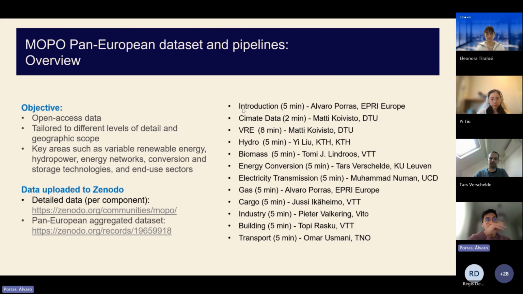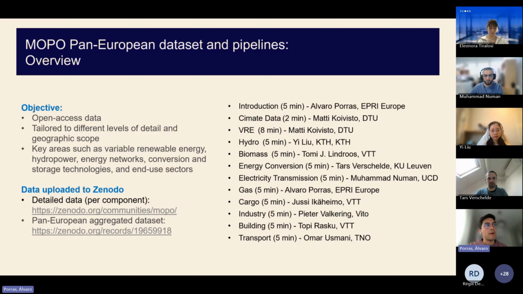Everything has been taken from public sources or publicly available datasets. We have created different pipelines in the SPINE tool environment, about which we have already had several webinars, on SPINE Toolbox and SPINE Out, which build this SPINE environment. We have developed different pipelines also targeting different spatial and temporal resolutions.